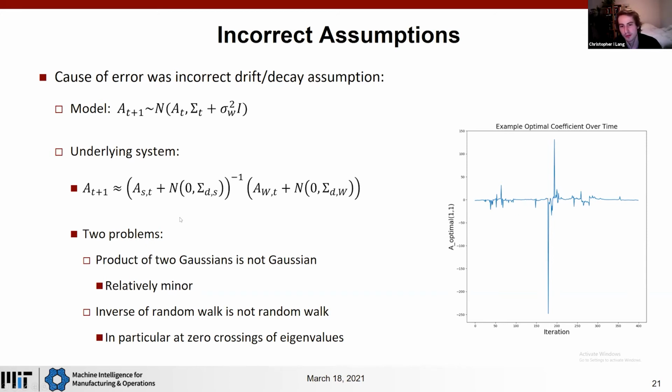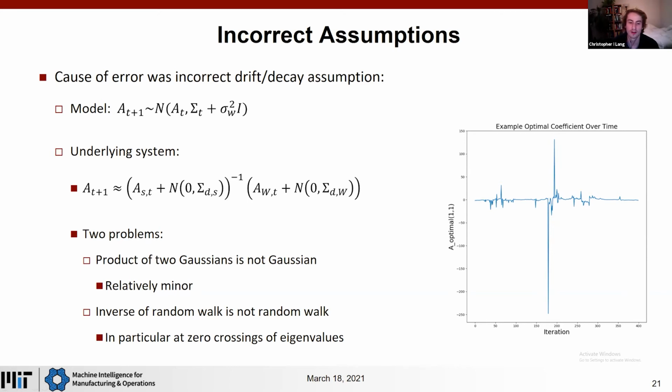And there's two problems with my assumption. One is that the product of two Gaussians is not a Gaussian. So if AS inverse was Gaussian and AW inverse was Gaussian, the product of these two random variables would not be a new Gaussian random variable. I sort of knew this, but it's a second order effect, and I didn't think that it would be very important. But what is more important is when we end up taking the inverse of AS inverse,